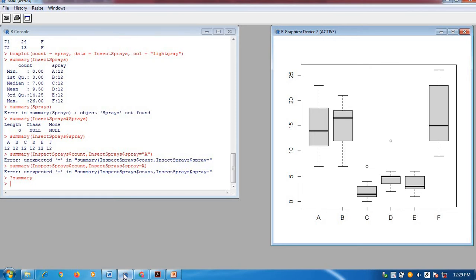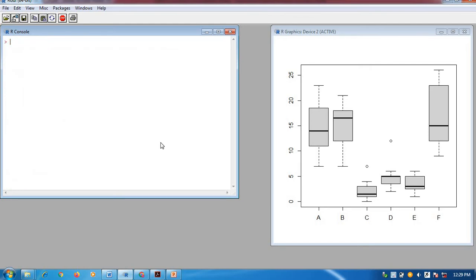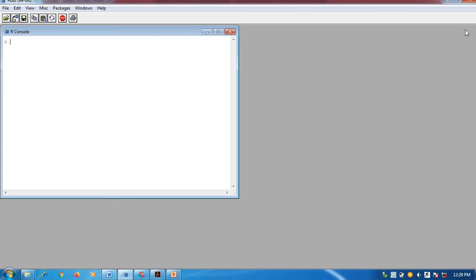I am pressing Ctrl L here to clear the console, and I am also deleting this. Very first, there is a summary command which gives you the 5 pieces of information we require to plot a box plot. Before using summary we need a data set. Suppose I have one data set with 10 values.